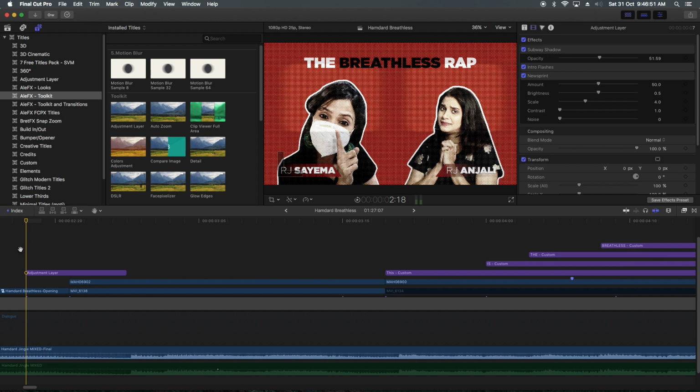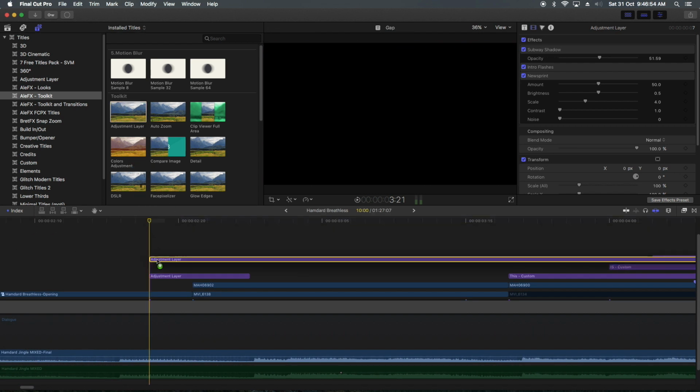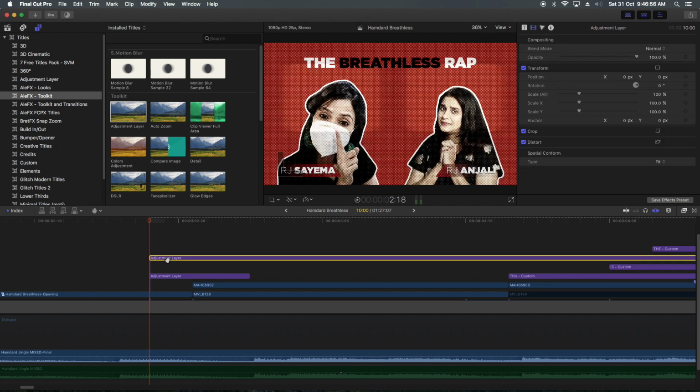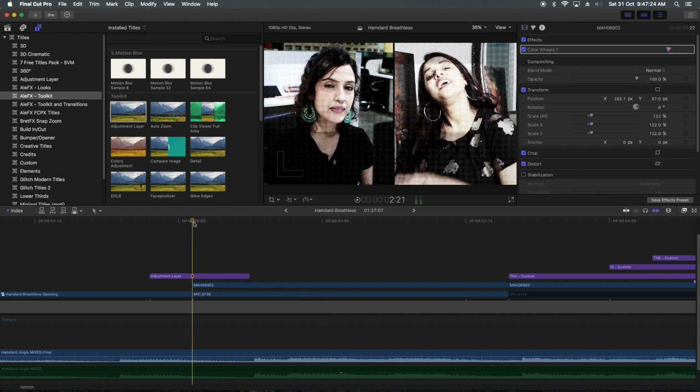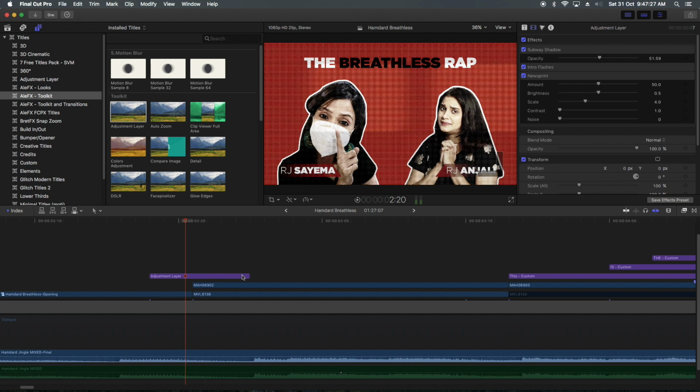Let's see, I drag this adjustment layer and it's coming bigger, but you can use that adjustment layer as per your desire. What does this adjustment layer do? Nothing. There is nothing you can do with this adjustment layer itself, but it gives you a track where you can put your filters, animate your video, or use it as a transition. Okay, so now I am controlling my lower footage with this adjustment layer. So what I did is I placed the adjustment layer behind two different shots.